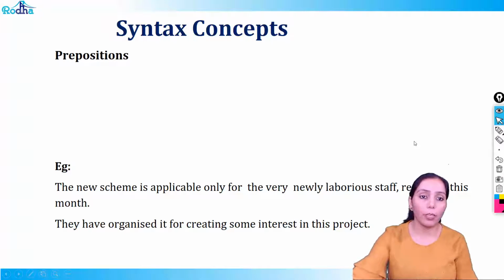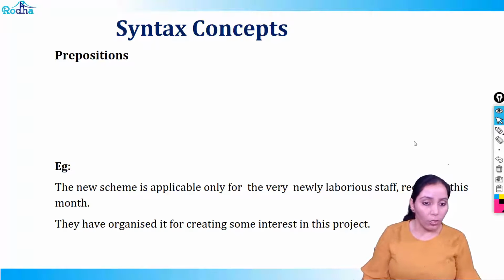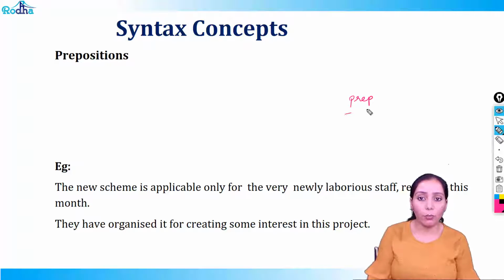Now this is written preposition. What is preposition? Preposition is the word which tells about a noun or pronoun's position. That means it is the word used to tell you the position of any noun or pronoun. If we talk about preposition, it should always come before a noun because it is going to tell you the position of